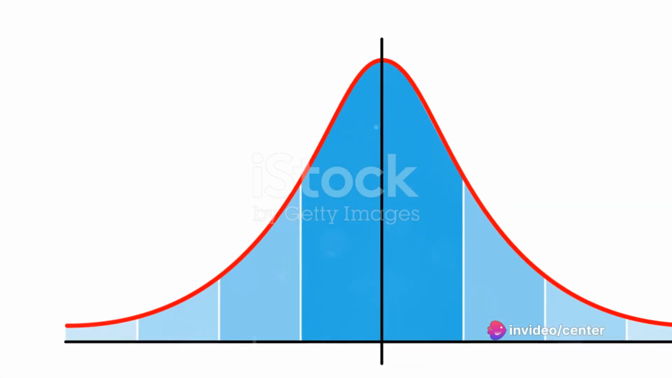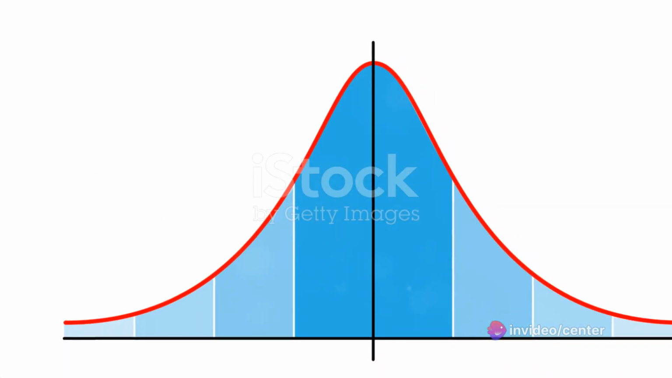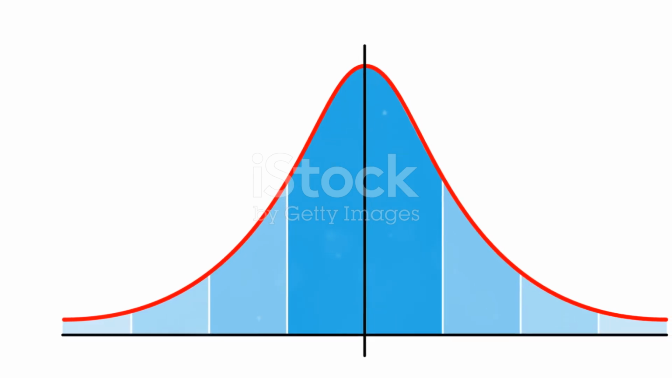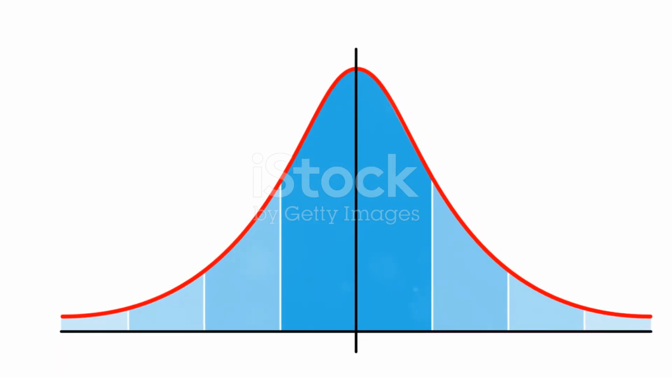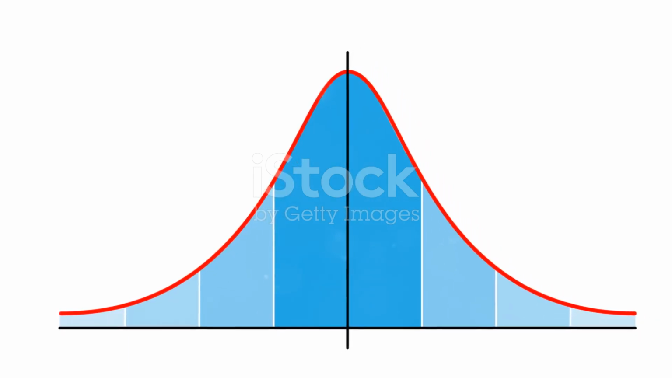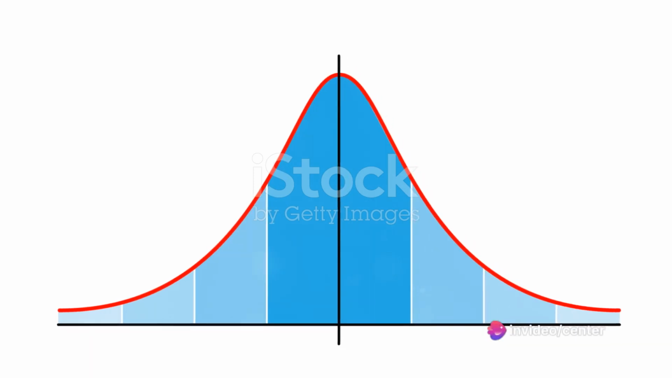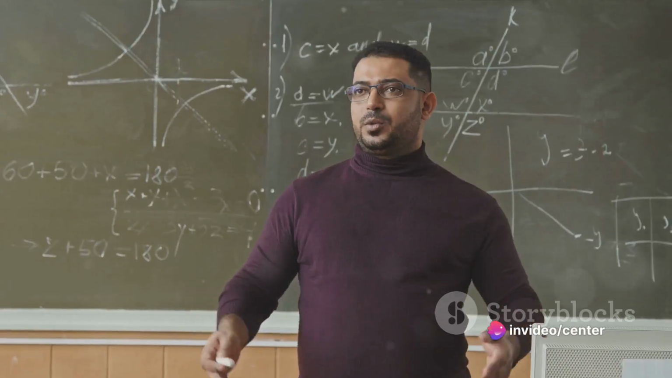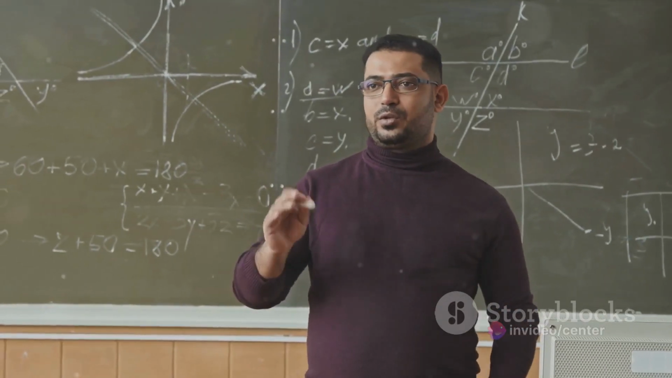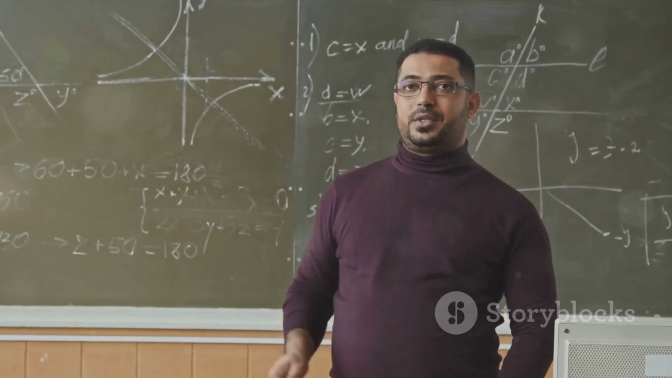If you randomly select, say, 100 adults and find that the average height is 5'10", you can use the central limit theorem to calculate a 95% confidence interval for the average height of all adults in your city. That confidence interval might be between 5'9" and 5'11". This means you can be 95% confident that the average height of all adults in your city is between these